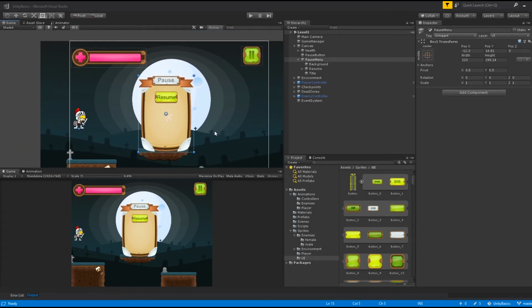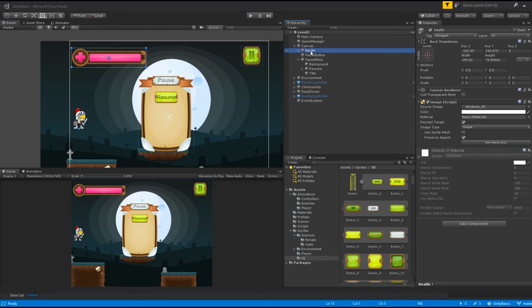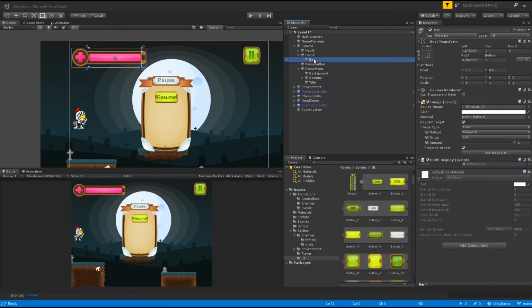Okay, so what else are we missing? Well, quite a bit of things. Let's quickly add something similar to this guy. Let's do copy and paste. Control D is an easy duplicate shortcut that I just used there. And I'm gonna call this guy coins. And then here is just points. And we don't need this